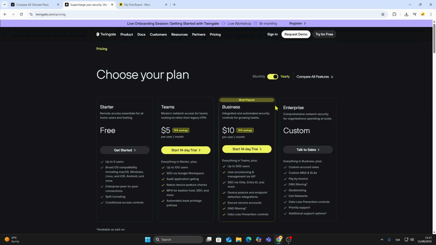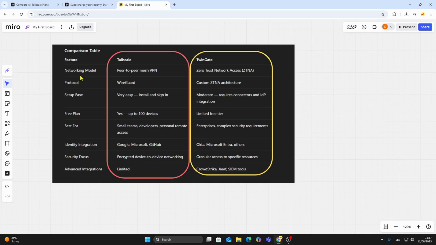Which should you choose? If you want something quick to deploy, easy to manage, and great for multi-device personal or small team use, Tailscale is hard to beat. If your priority is enterprise-level security, strict access policies, and integration with advanced security platforms, Twingate